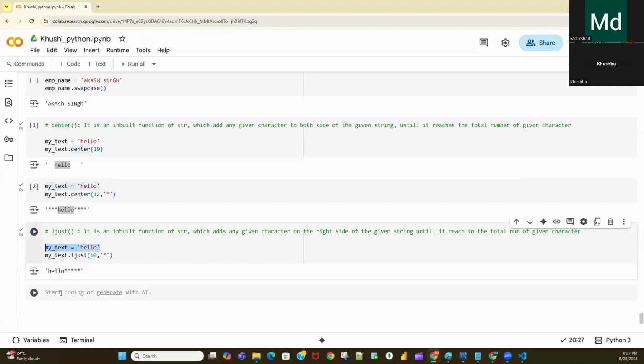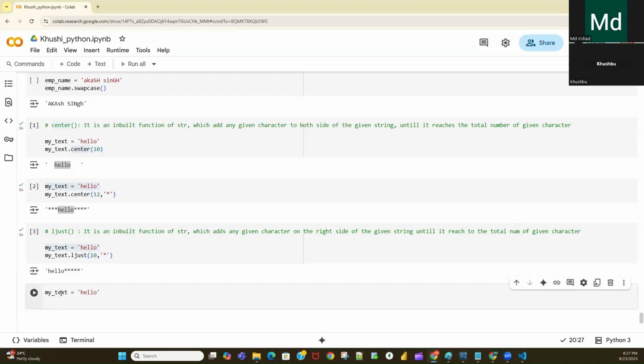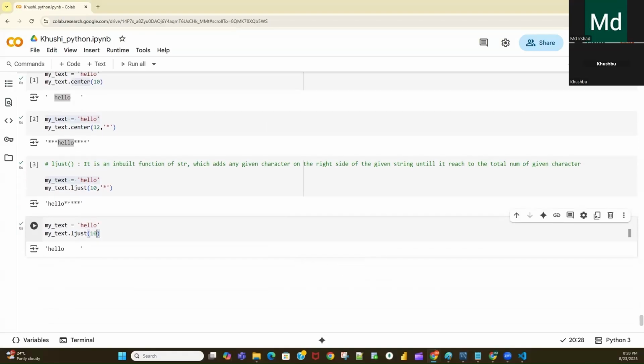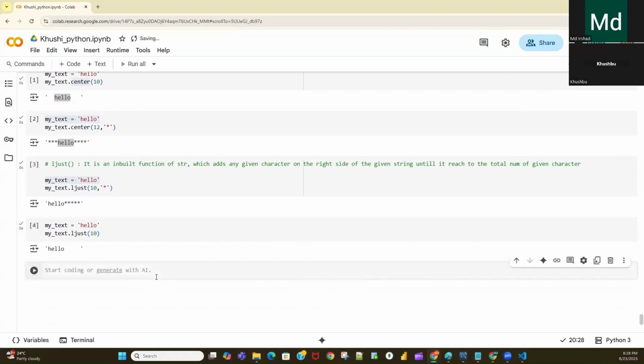So if you don't pass a character, my text dot LJust, and you are just giving the total number of characters, it will add blank space on the right side. Like that, we have something called the RJust function.